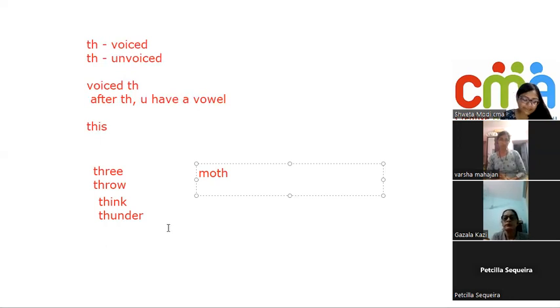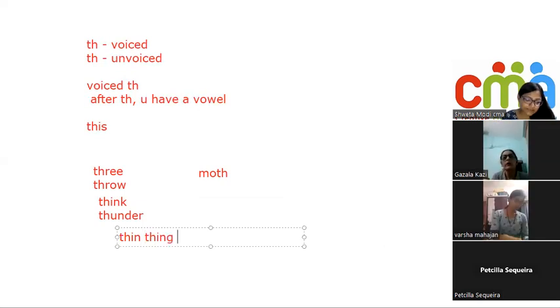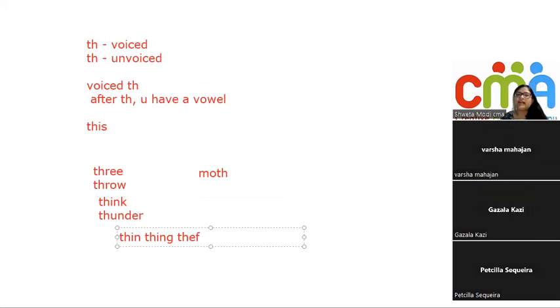Okay, so think is an exception. There are many exceptions. Thin is an exception. Theft is an exception. Thunder. So there are exceptions, but majorly the words having a single vowel will have the voiced sound, and also